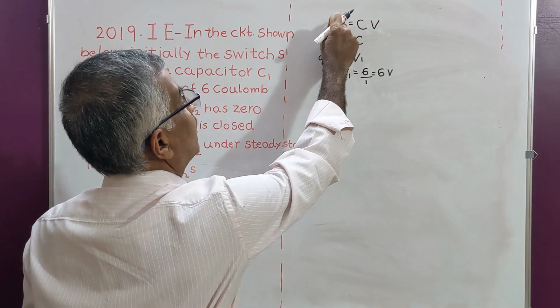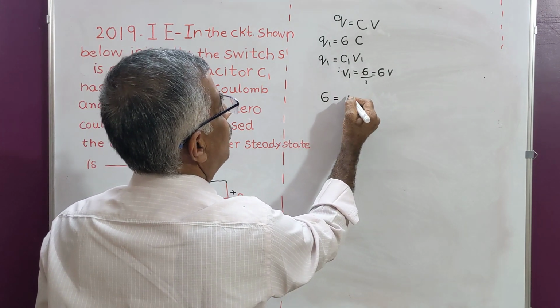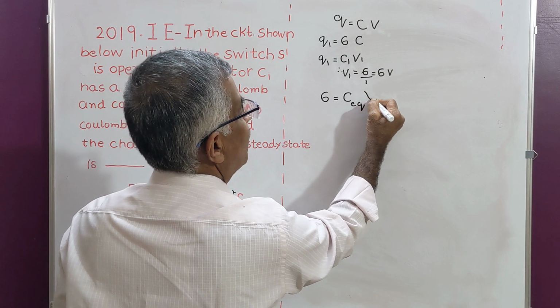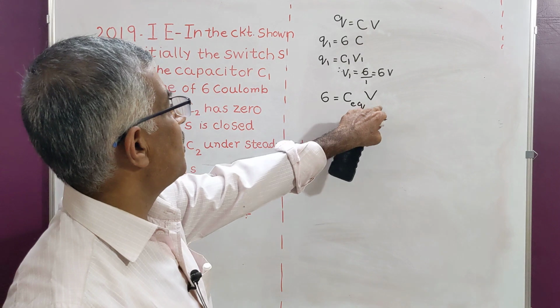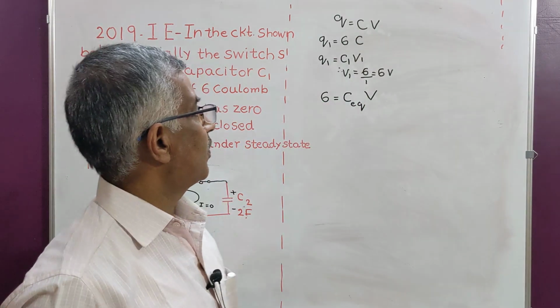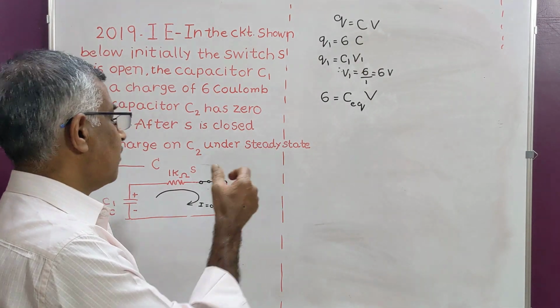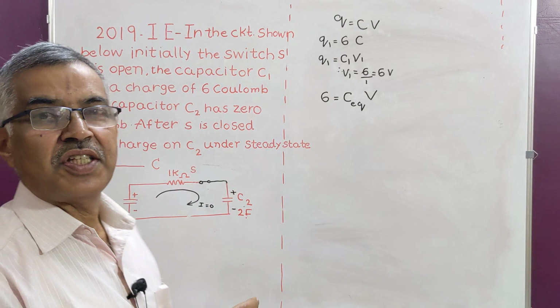So if you write according to this, 6 is equal to C equivalent into V. What is the voltage corresponding to 6 coulombs? So C equivalent means, now the question arises, are these two capacitors in series or in